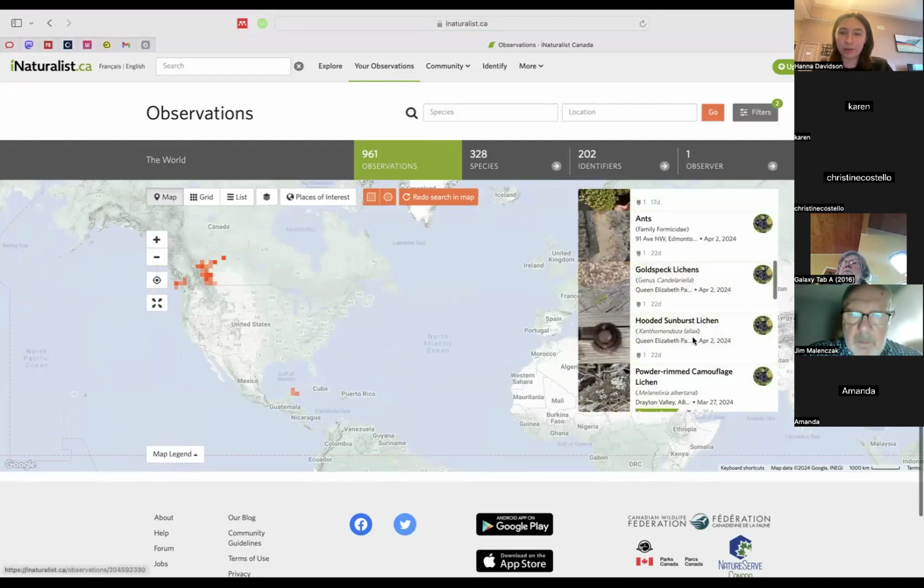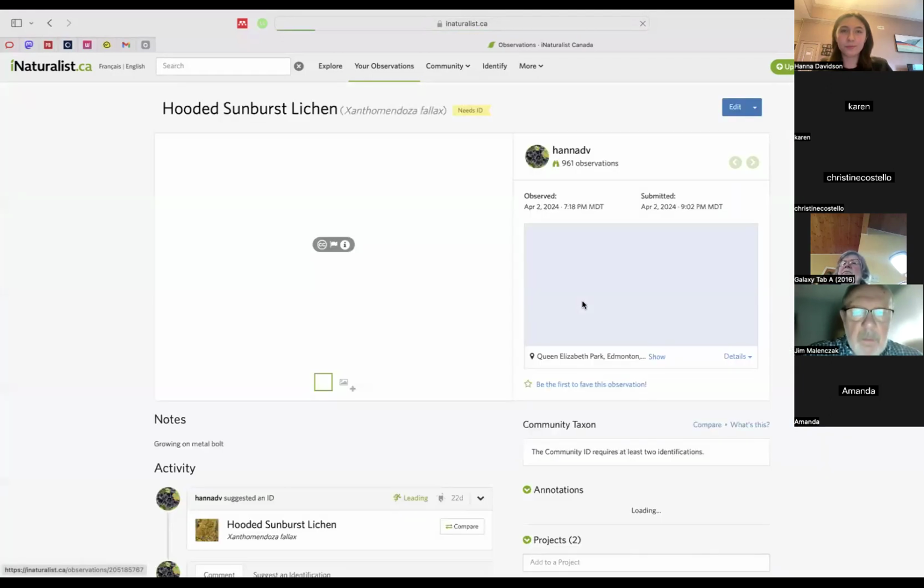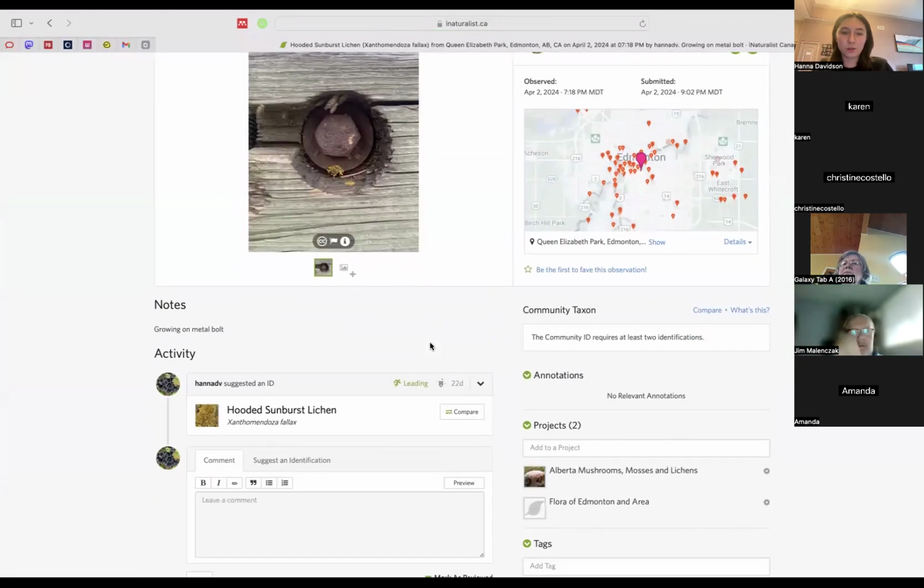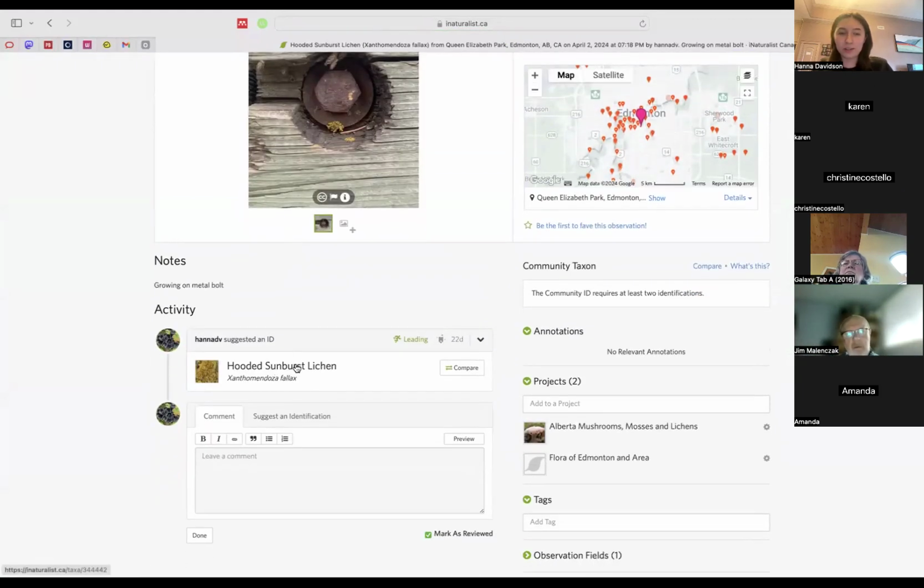So I know it doesn't really matter what we pick. Let's pick this one. So yeah, if I want to change my mind on this, it still logs my old ID. And that's because iNat wants that paper trail. You want to know what someone has already suggested so that you know if it's the same or if you're changing it or how far out of bounds you really are with your next suggestion.